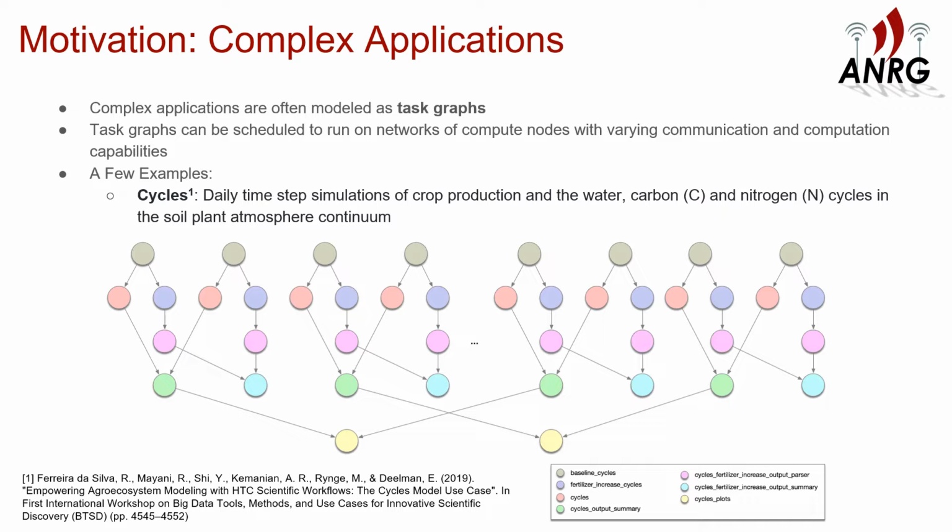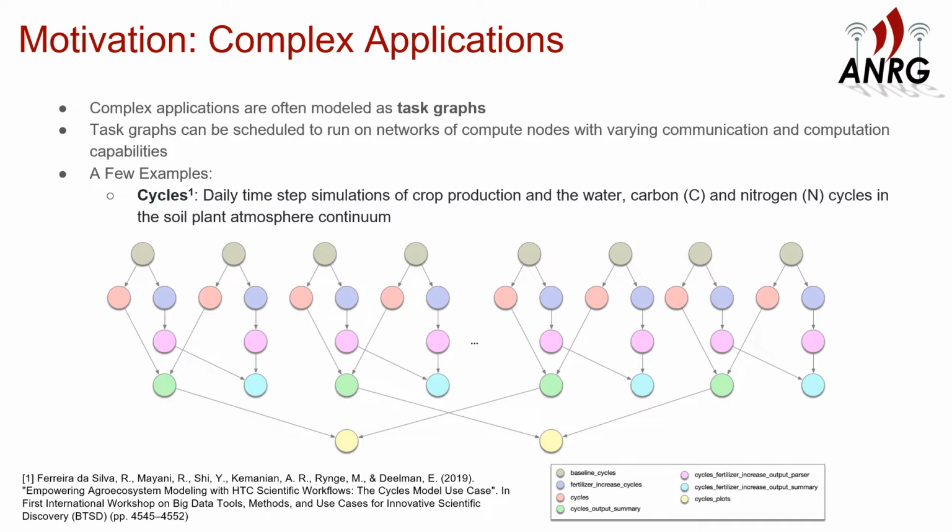So complex distributed applications are often modeled as task graphs where the output of one task is input to one or more other tasks, as you can see here in the figure. Task graphs are then scheduled to run on networks of compute nodes with varying communication and computation capabilities. Some tasks might be scheduled to run on one machine, while other tasks are scheduled to run on another machine. The overall goal here is to schedule tasks efficiently in order to minimize the makespan or total execution time